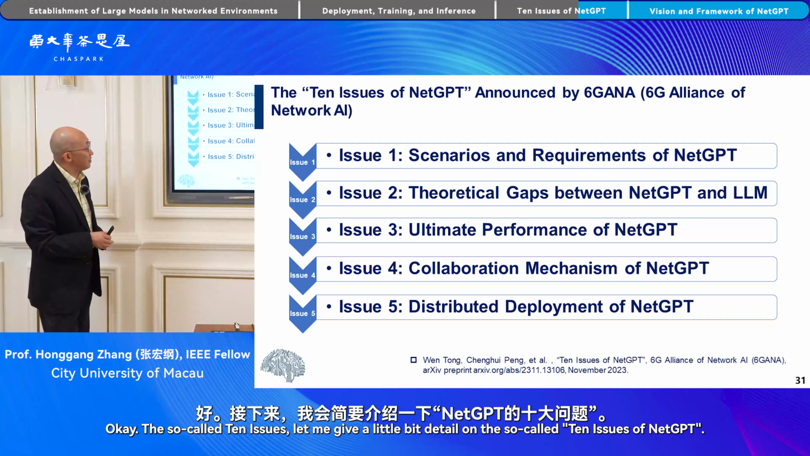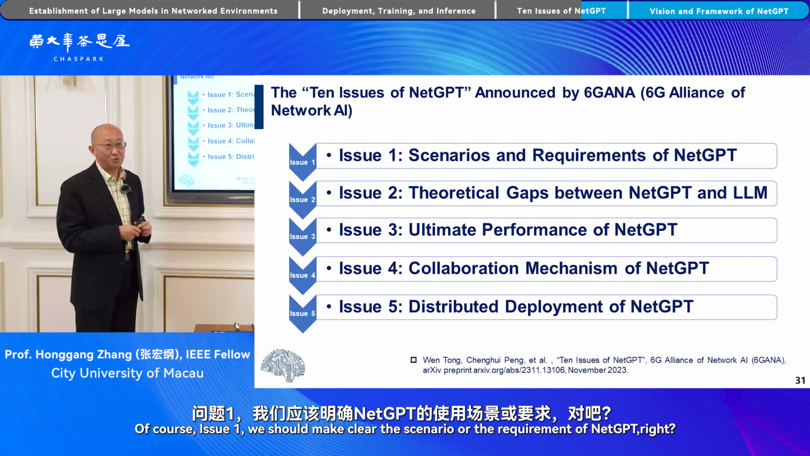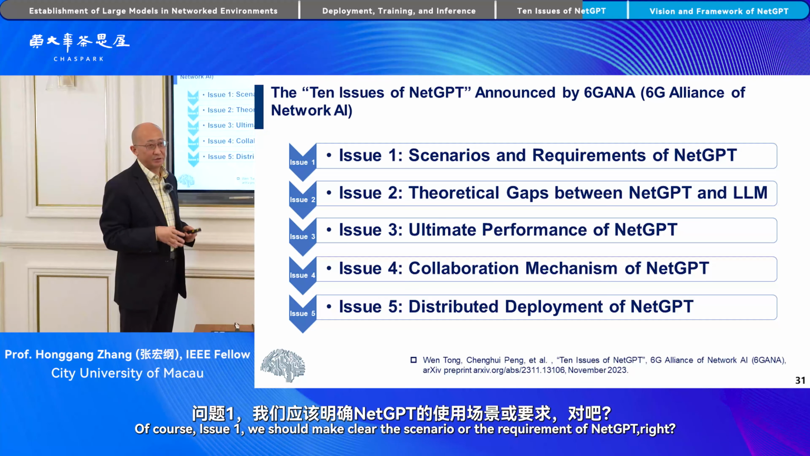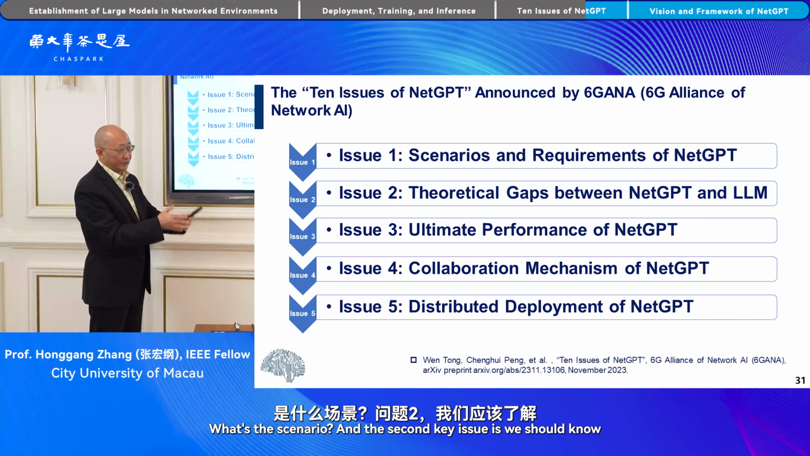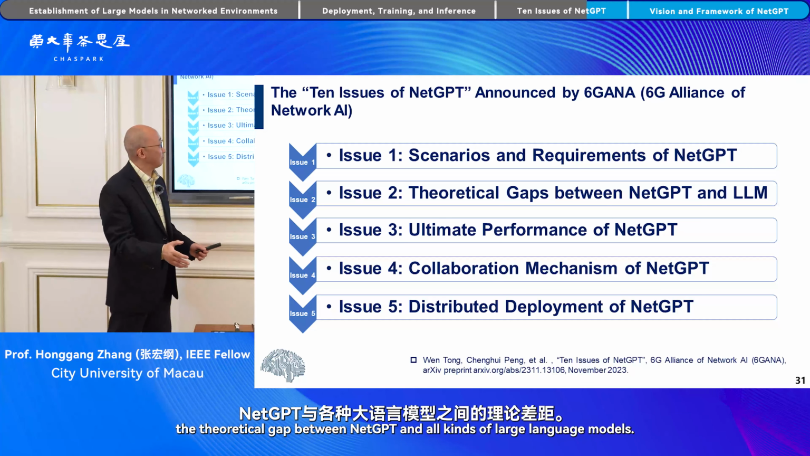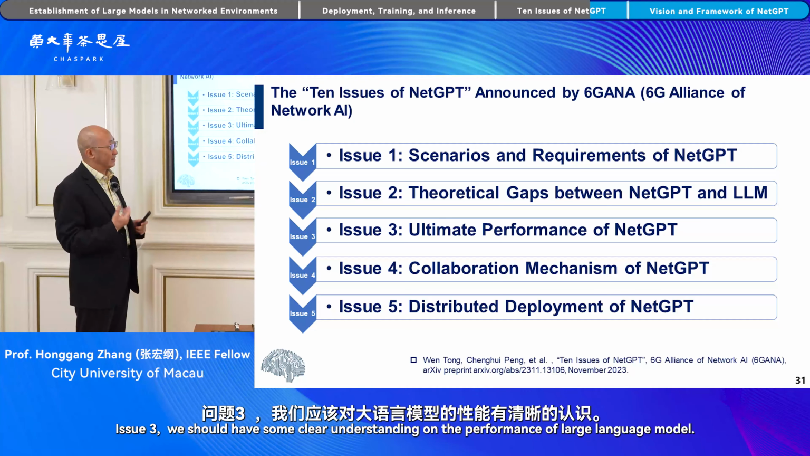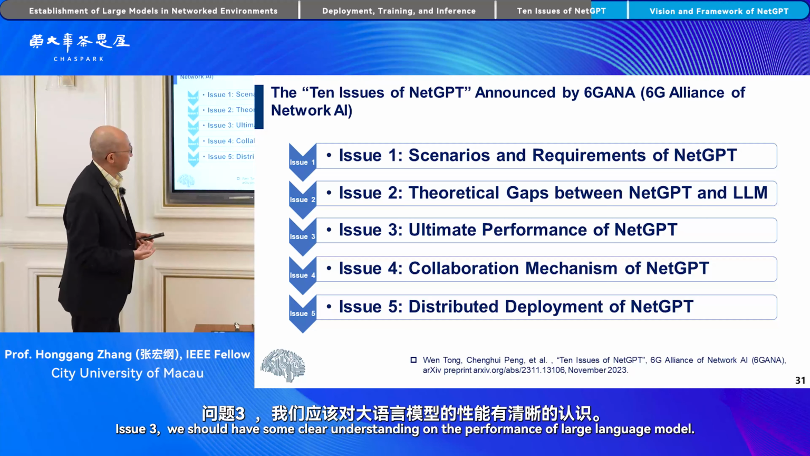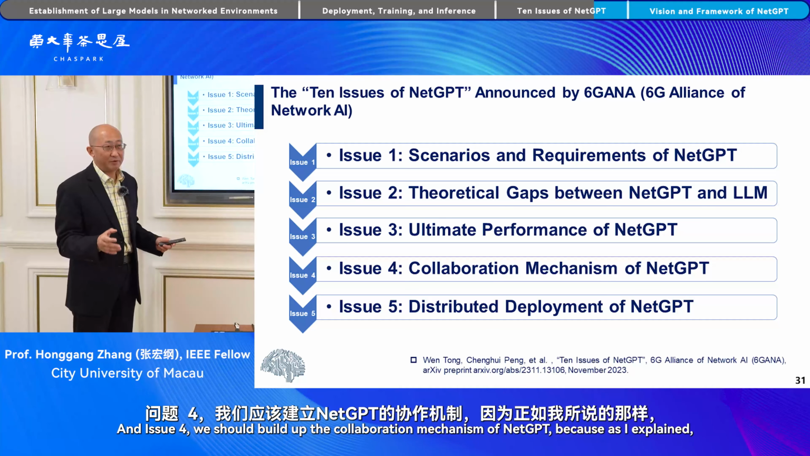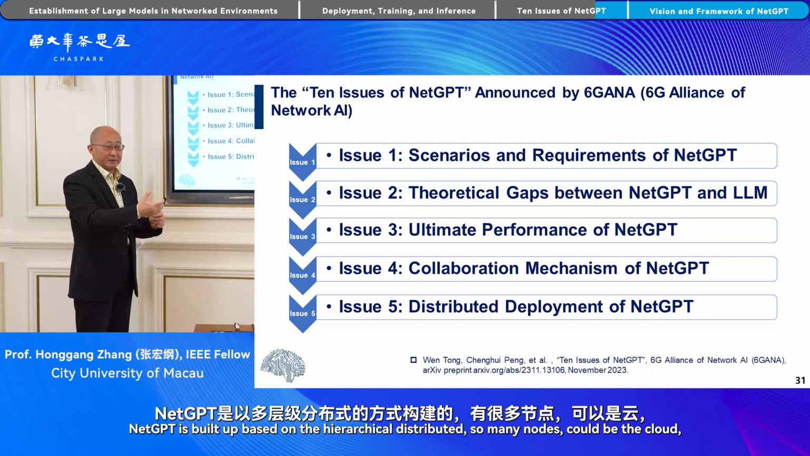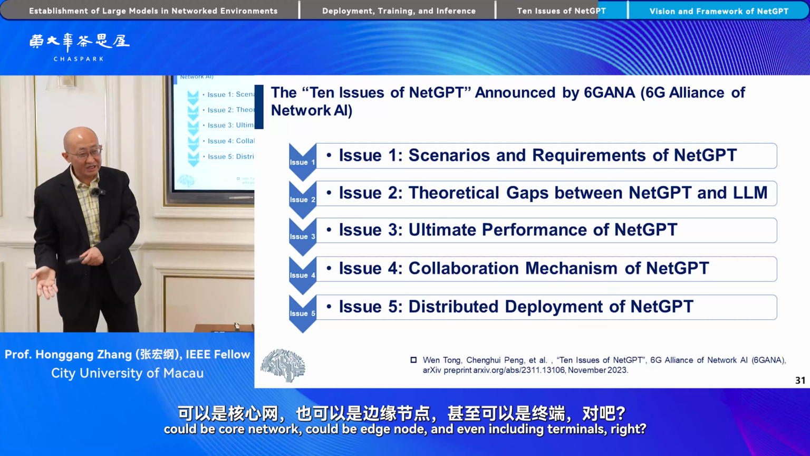Okay, the so-called 10 issues. Let me give a little more detail on the 10 issues of NetGPT. Issue 1: we should make clear the scenarios and requirements of NetGPT. Issue 2: we should know the theoretical gap between NetGPT and all kinds of large language models. Issue 3: we should have a clear understanding of the performance of large language models. Issue 4: we should build the collaboration mechanism of NetGPT, because as I explained, NetGPT is built on hierarchically distributed nodes, which could be the cloud, the core network, edge nodes,